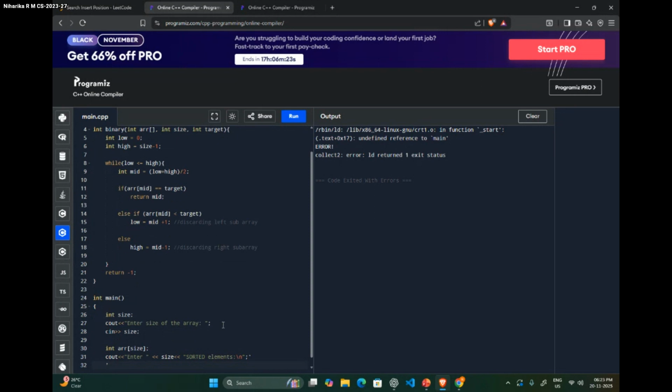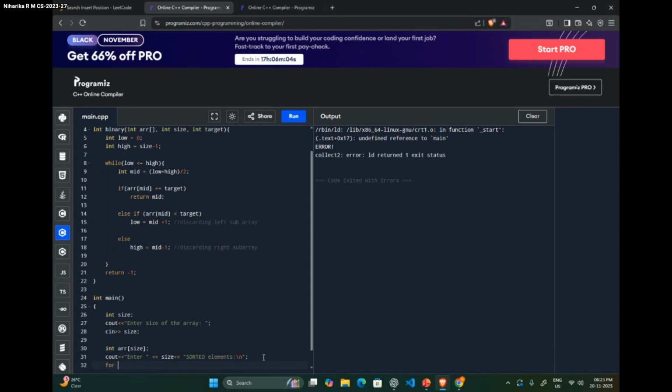And then we will put in a for loop, because we'll have to take multiple elements. If it was one element, then I could have just done cin, but since we have multiple elements, like we don't know the size of the array, right? So those many times we have to run the loop to take the input.